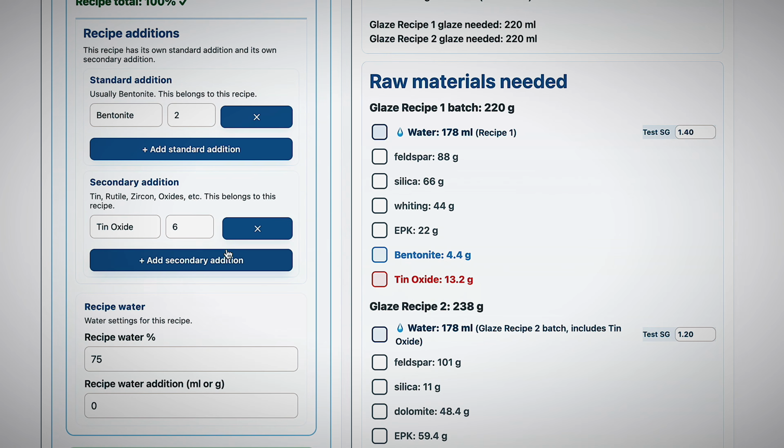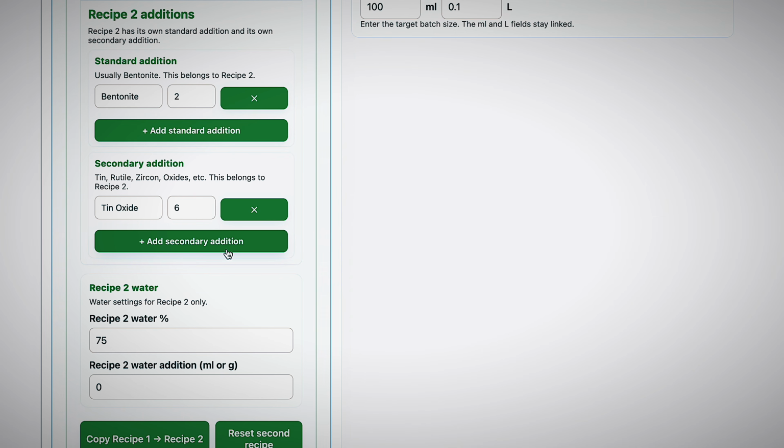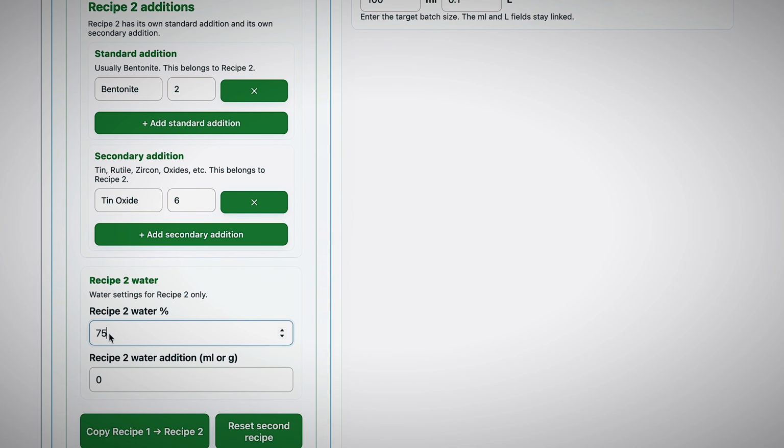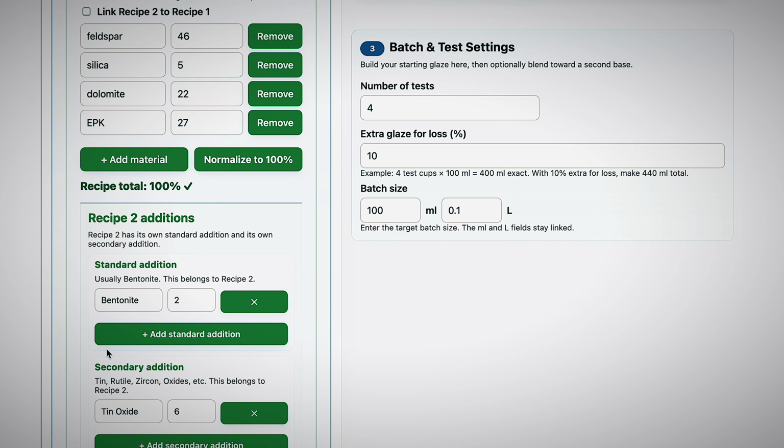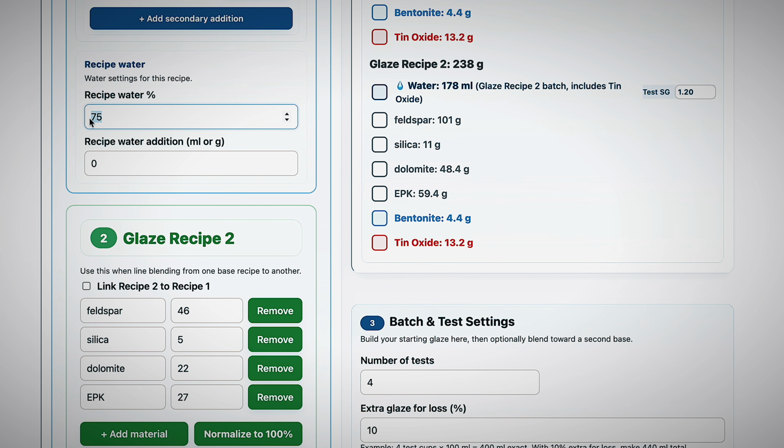Another thing the software keeps an eye on is your water content, and we all look at water as an actual ingredient because that will influence the final glaze. So you can see this defaults as 75%. I set this at 75% because that's what I use for most of my glazes, but you'll find that some raw materials do absorb more water, so when you add, say, zinc and things like that, it will go a lot thicker and you will have to add a bit more water at the end